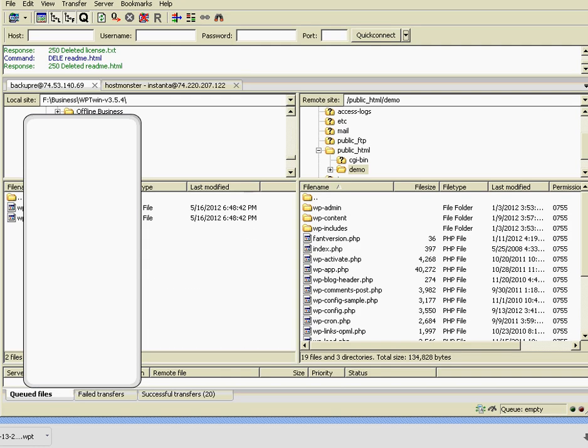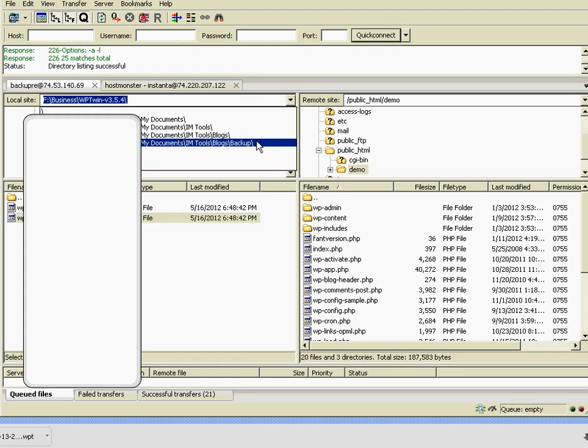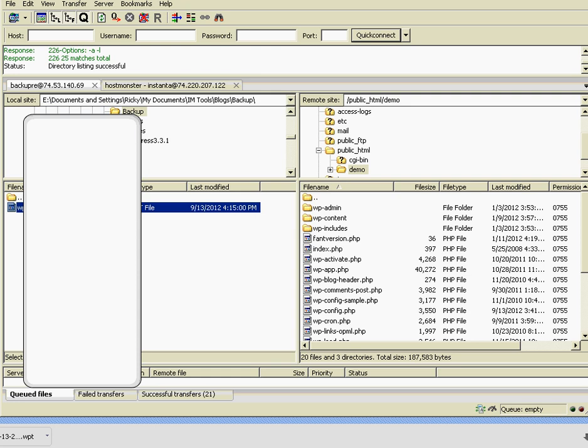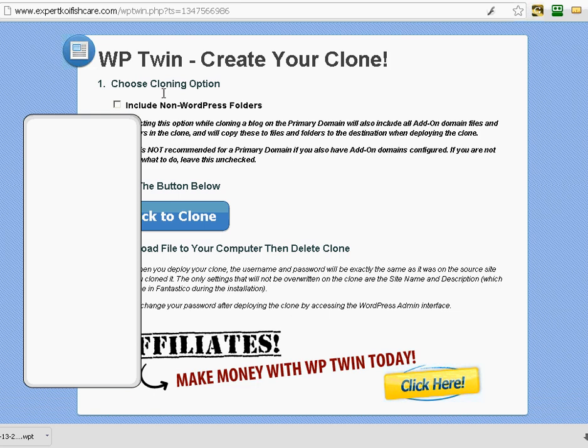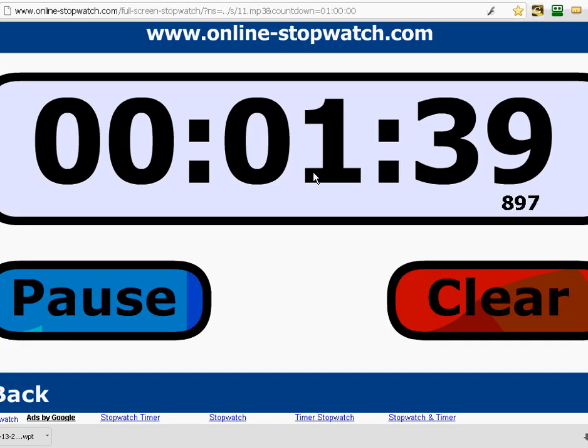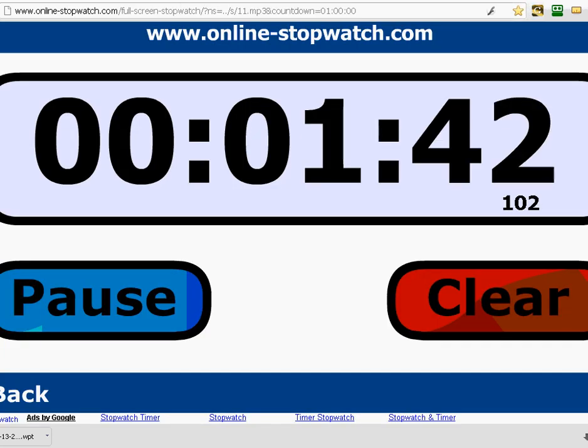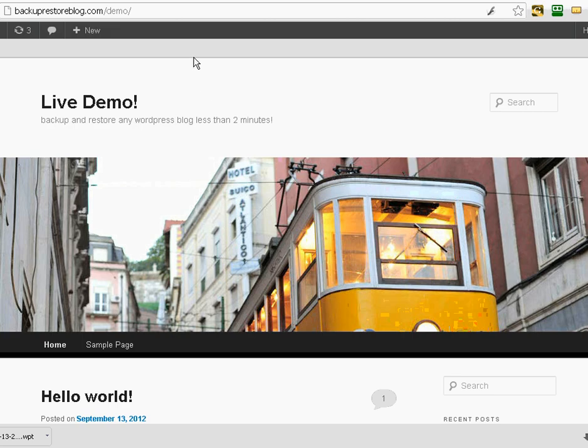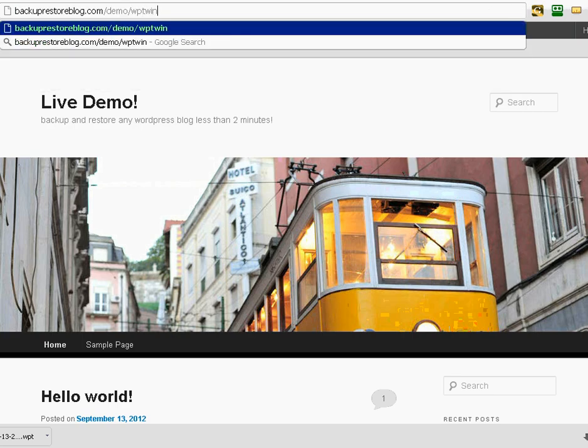Okay, so now I'm going to log into my FileZilla. I'm going to upload the WP Twin deploy file, and I am going to upload the backup also, and now this may take me a little bit over 2 minutes because I'm using my Wi-Fi, but that's okay. So we are going to go here and go to WP Twin deploy.php,